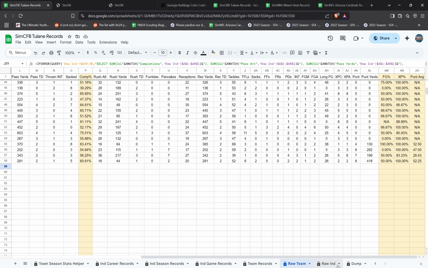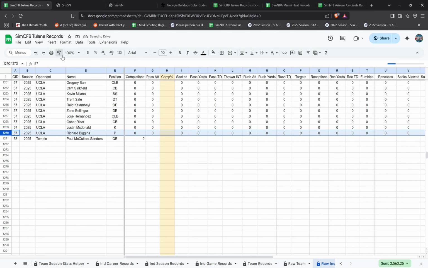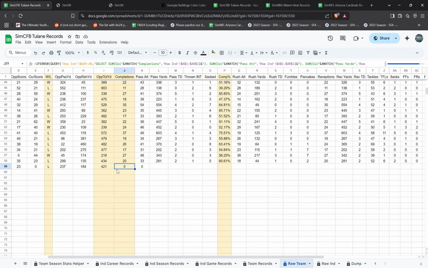So right now it's empty because there are no stats. But if I were to say Paul McCullers Sanders, my quarterback, and I put in, say, he went 12 for 18, whatever. Sacked 2 times, threw for 234 yards, 3 touchdowns, and 1 interception. So once I've populated that with some stats, it will automatically fill them in. So it's just got to load. It takes a little bit of time,